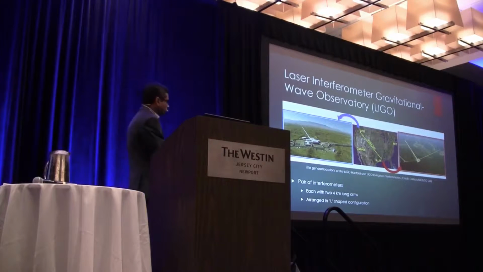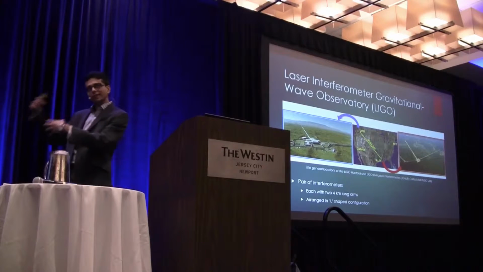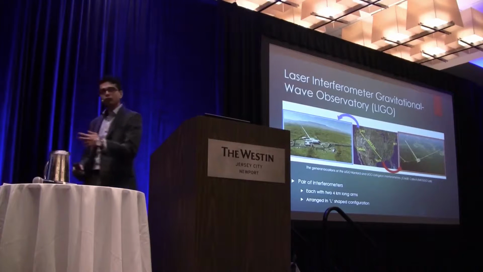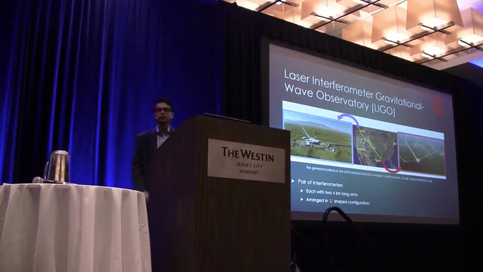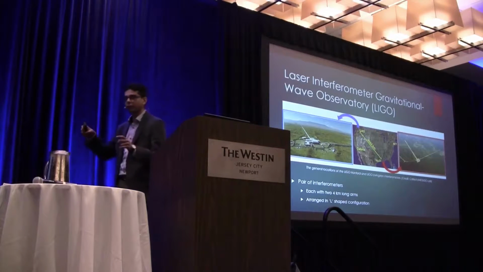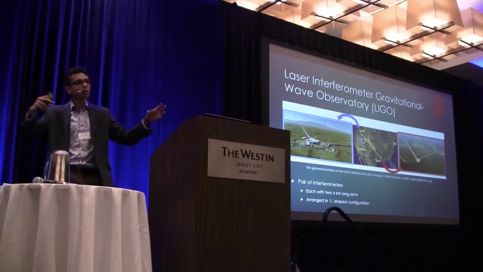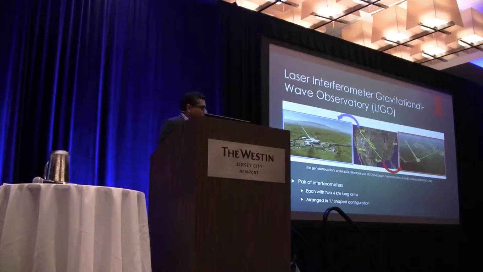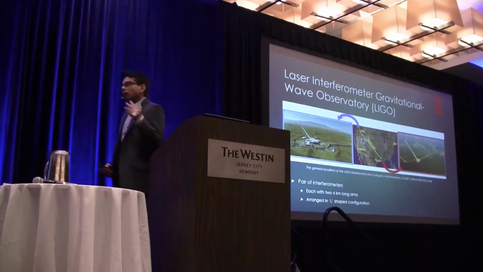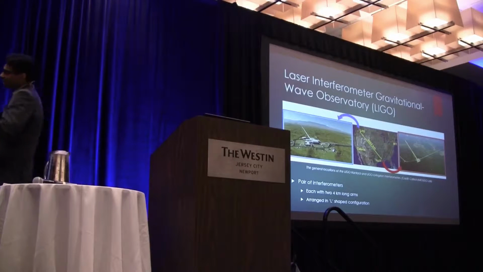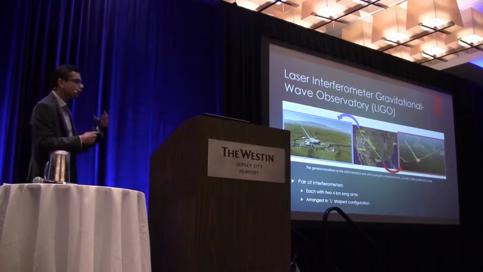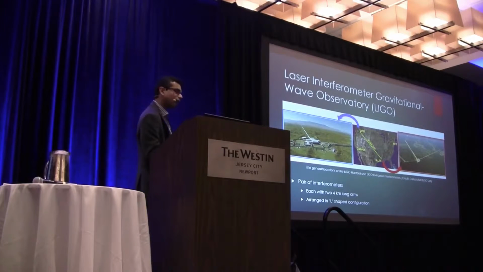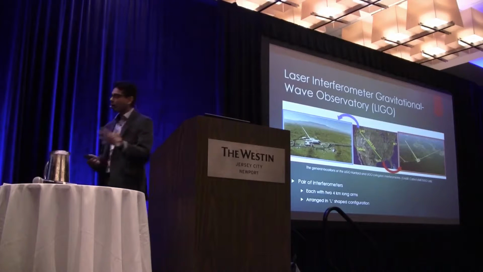Basically they consist of two 4-kilometer long tunnels. Every one of these detectors has 2 tunnels, and each one of those tunnels is 4 kilometers long, and they are arranged in an L-shaped configuration. So you have one tunnel, and then you have another one which is completely perpendicular to the first tunnel. The general idea is that as gravitational waves pass through those tunnels, they change the length of those tunnels by a minuscule scale. And if we can detect this minuscule change in length of the tunnels, then we have detected gravitational waves, and that's what LIGO has achieved.